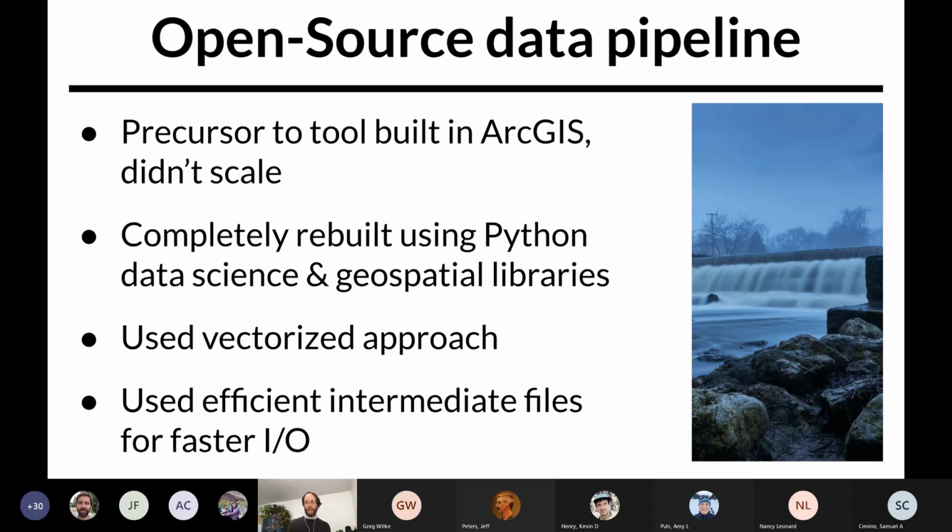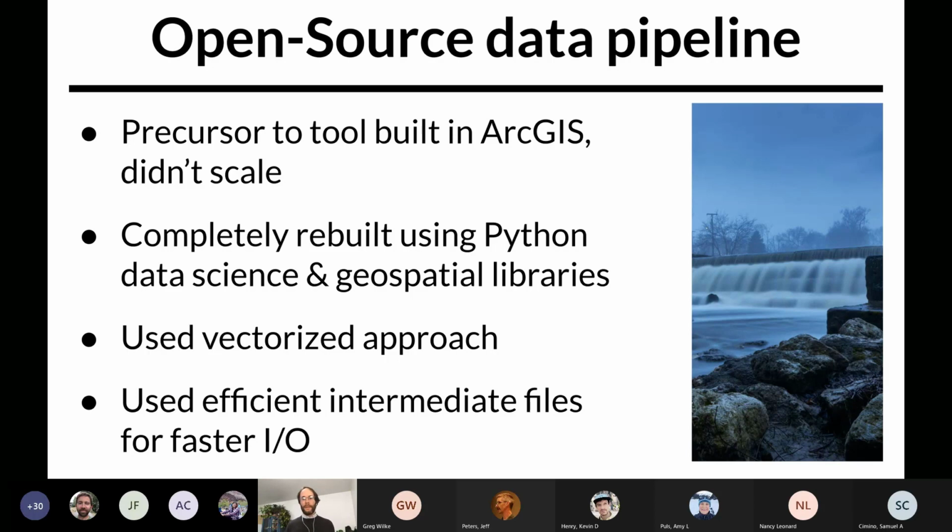The precursor to this was built in ArcGIS based on around the medium resolution data and simply couldn't scale up to the volume of data in this high-res dataset. It would run for days and crash without completing the analyses. And I'm sure nobody else here on the call can share that kind of pain. I ended up completely rewriting the analysis in Python and can now run the connectivity analysis across the entire Southeast in just a few hours.